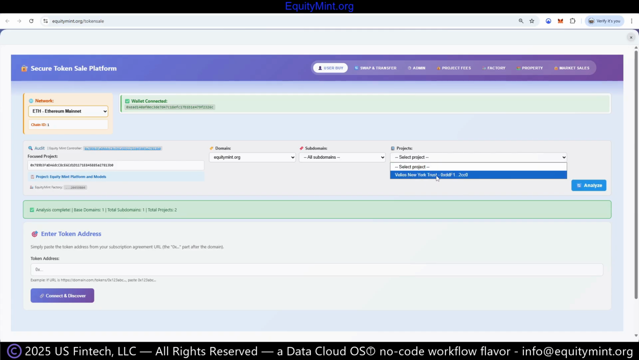The Velios New York Trust, the one we just added live, is available for all people to see as an available project, right? We're not advertising it for sale. That's up to you. We're just showing that these are projects that are using the platform. That's all we do here. If you do have it for sale, it's available for sale, but the person needs to know the token address and they need to enter it. So we're not even displaying that token address here,